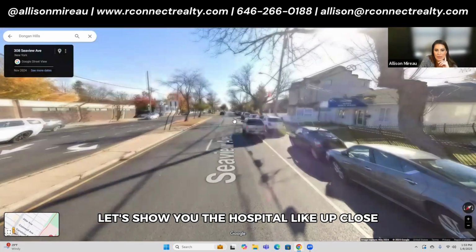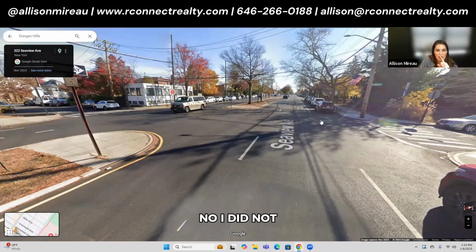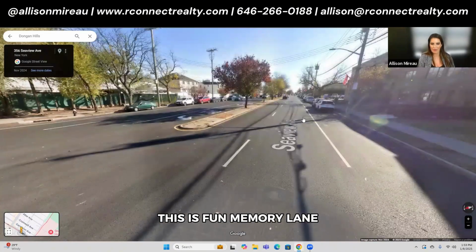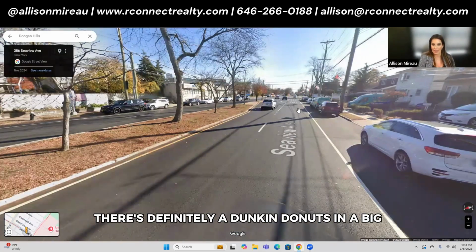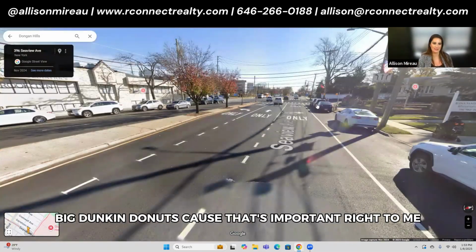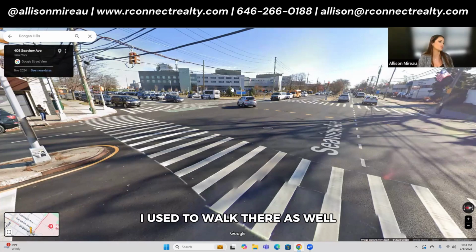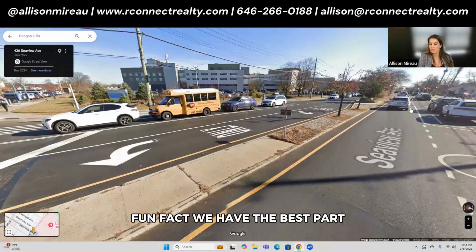Let's show you the hospital up close. Oh, no, did I take? No, I did not. Let me see. This is fun. Memory lane. I would walk all this. There's definitely a Dunkin' Donuts, a big Dunkin' Donuts, because that's important, right? To me in Staten Island, in Dongan Hills. I used to walk there as well. Here is your hospital. Huge hospital. Fun fact: we have the best heart,